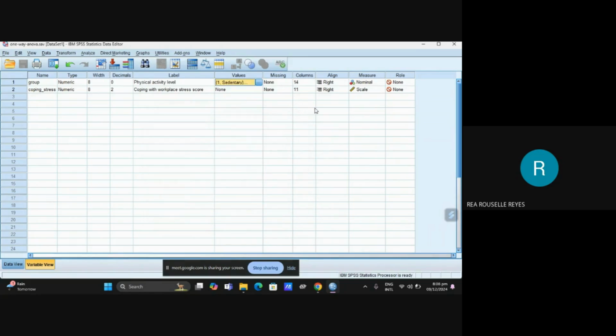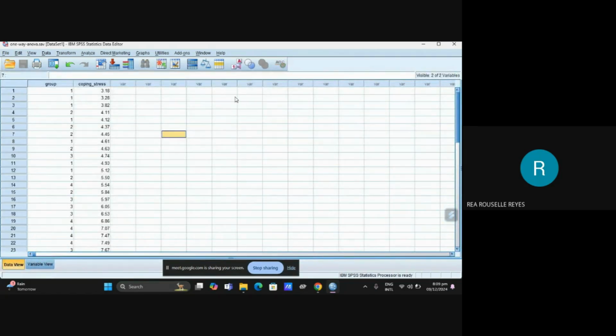In align, you have to use the right. Second row is right also. The first row for the measure is nominal, and the second row for scale, and the role is none and none. Okay, so let's go back to the data view.